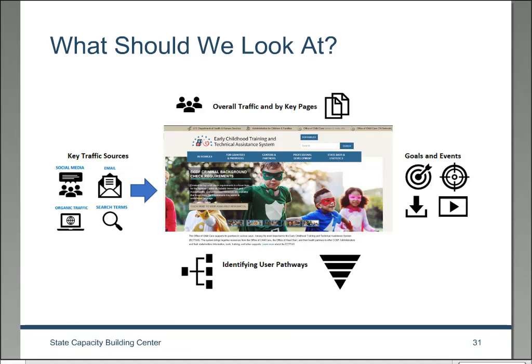So there are kind of 4 big things I like to focus on. Look, at the top, you look at overall traffic. When you're looking at it by users or visits, you're also going to look at that by key pages. When you look at things at an aggregate level, that's great. But the real secret sauce is you want to know by some key pages that people look at.